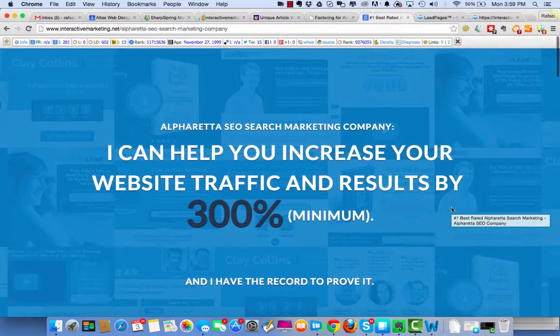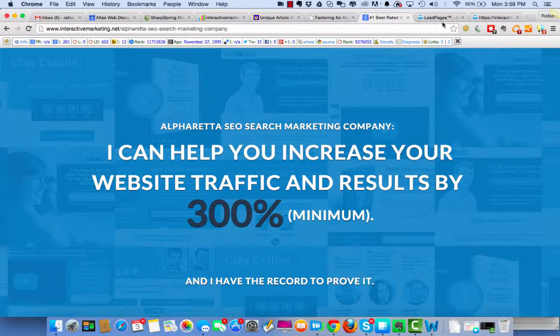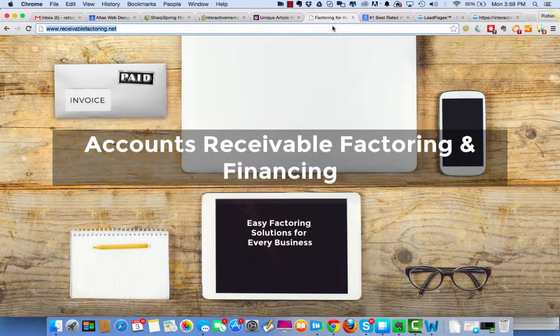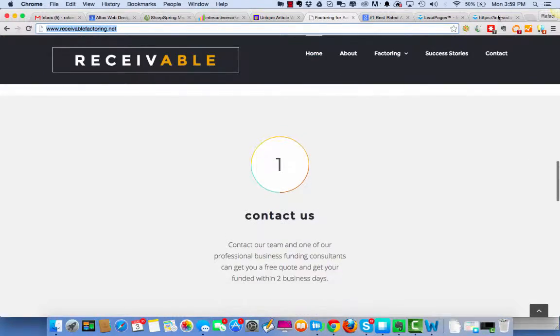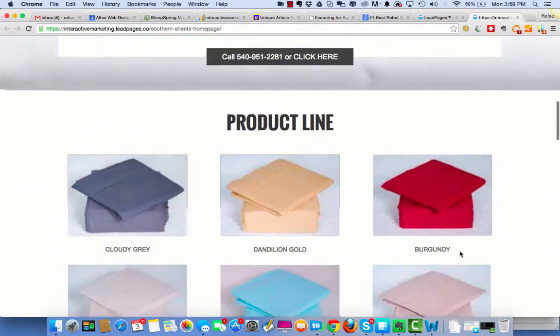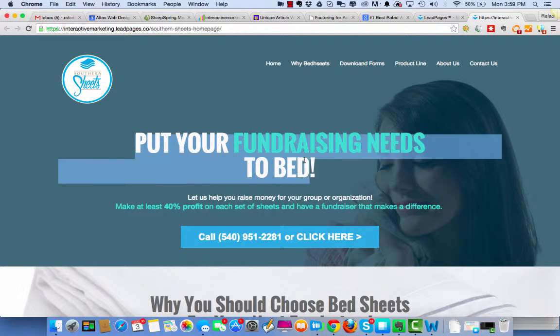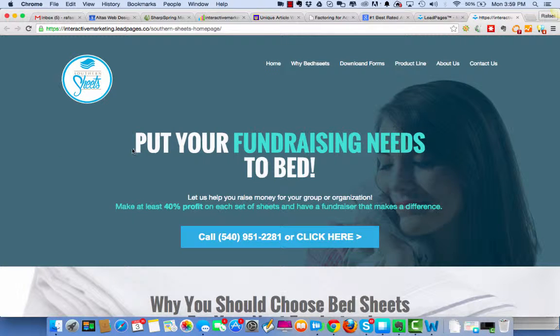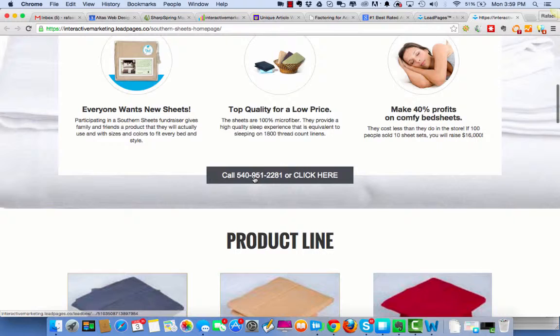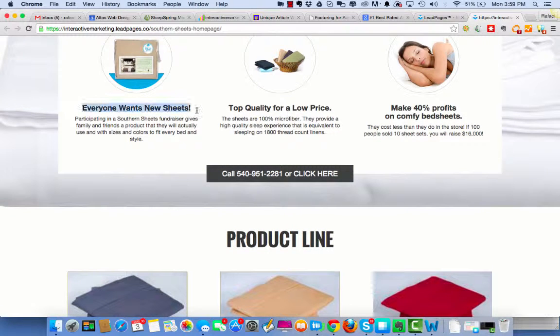Okay, so basically, I need you to take the content of the factoring site and the Southern Sheets site into the UAW process, creating it so that we have maximum uniqueness. Maximum uniqueness is going to come from creating more of these blocks. Now, I don't want you to overdo it, but this block can be its own block, because